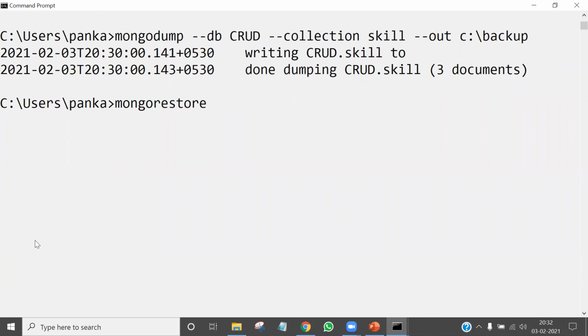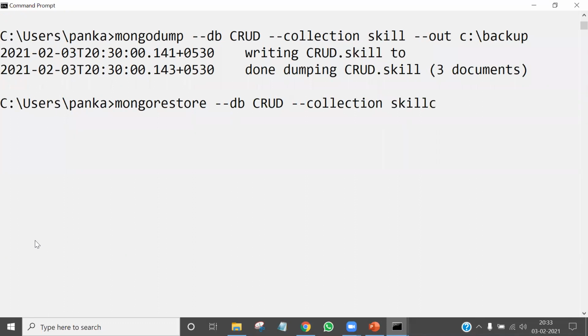Okay, so this is the utility name. Then pass the db flag and just type the name of the database, then the collection flag, the name of the collection, that is skill. Now you have to mention the address from where you want to restore the data. So we have already backed up our collection into a particular folder.